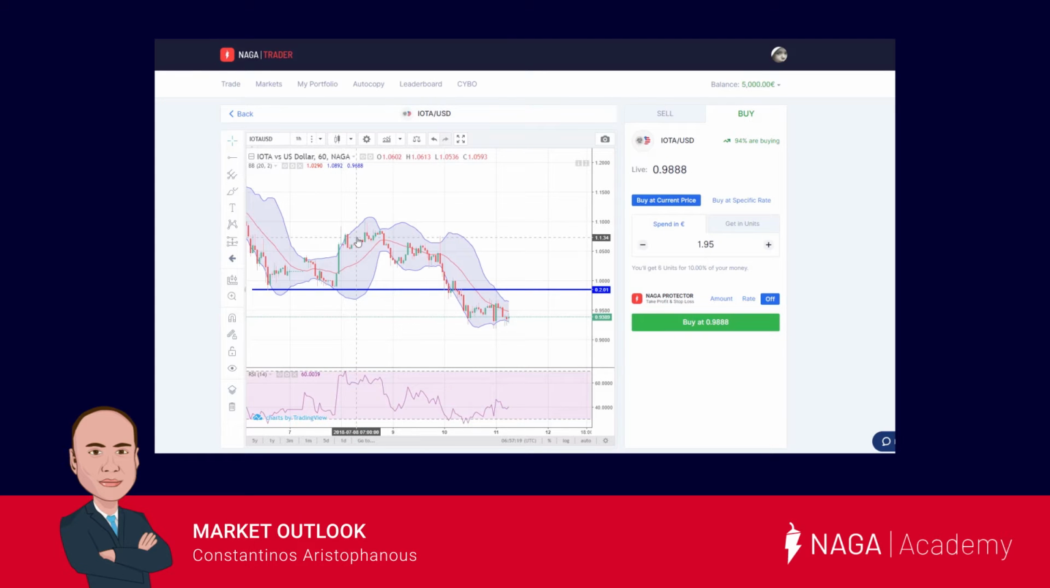Our second instrument is the crypto IOTA. Cryptos have continued their downward movement, so has IOTA. And as we can observe on the IOTA 1-hour chart, we can see a break of a major support level at the 0.98 area. Since then, price has been consolidating and we believe it will most likely continue its sideways